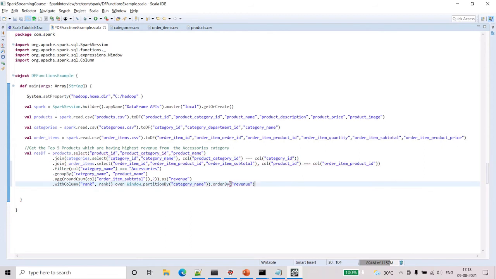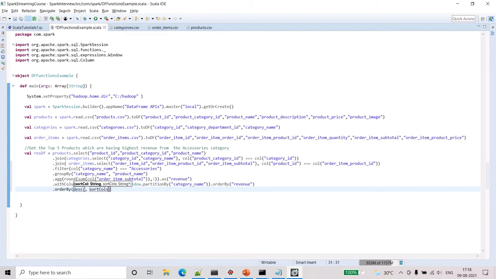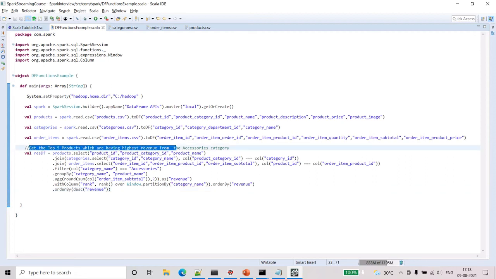We have to order by revenue, but in descending order of revenue. That's when we get the top 5. Okay, clear, right? What we are exactly trying to do is implement this single line problem statement.